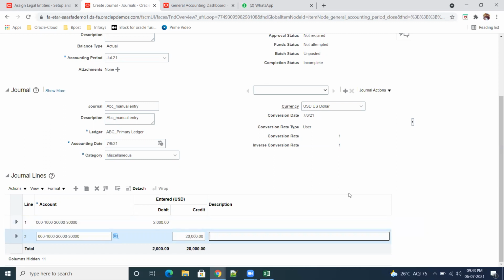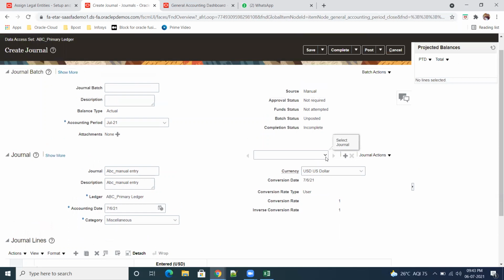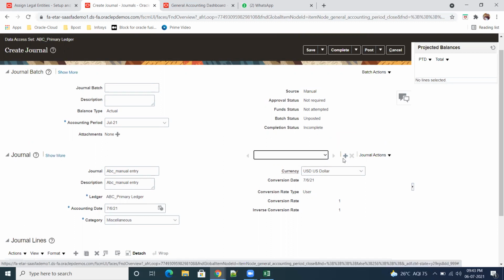Okay, and then that's all here. So see, if you have a batch, using this plus button you can keep on adding your journals. That is batch-wise. A batch contains more than one, correct? That way you can add your journals and then just save.